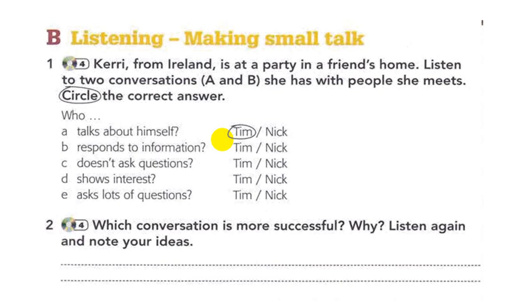So put in your mind that there are 2 people, not persons. "Persons" is a common grammatical mistake. So there are 2 people who are Tim and Nick. Both of them are trying to make small talk with Carrie. Carrie is a girl, and Tim and Nick are men, let's say. So both of them are trying to talk to her. Let's decide who is the one who has made a good talk to her. So let's listen together again and let's circle the correct answer. Recording 4. A.